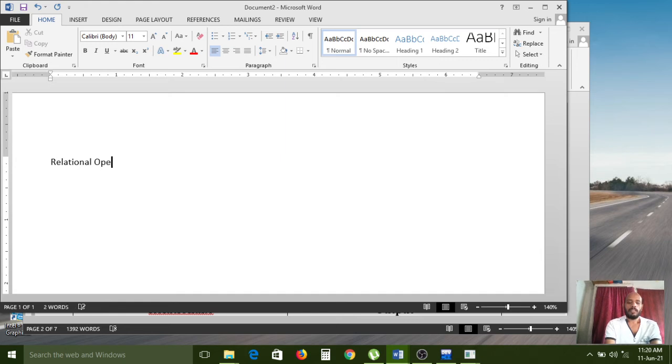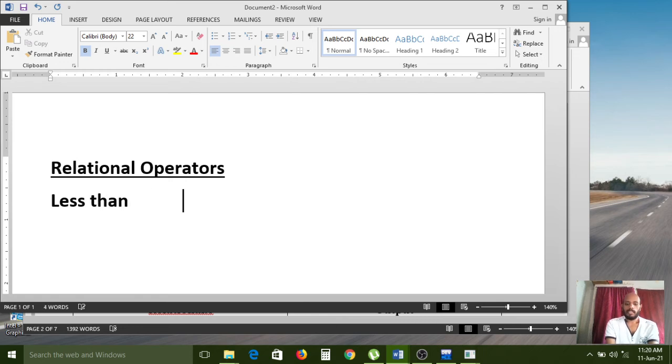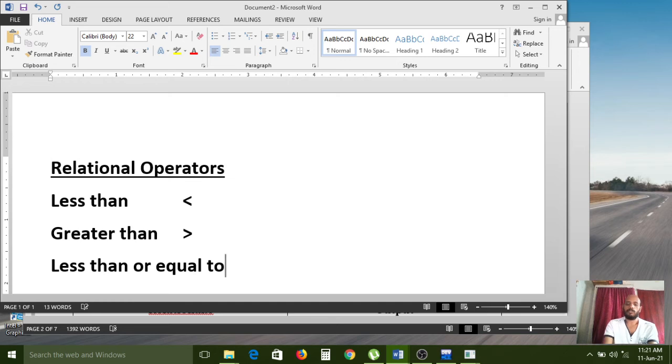Relational operators: the less than operator, then greater than, then less than or equal to.